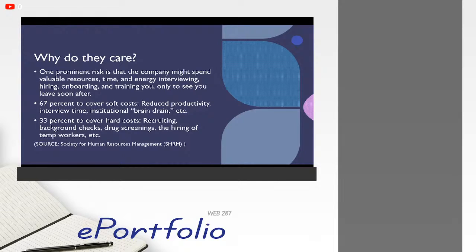So at the core here is that whole idea that they care about what you can do for them. And so if they're going to put all these resources into you because it seems like you might be able to do something for them, and then you don't live up to expectations, or you leave soon after, that's a huge blow. Not only is it a huge blow, but it makes you look bad.